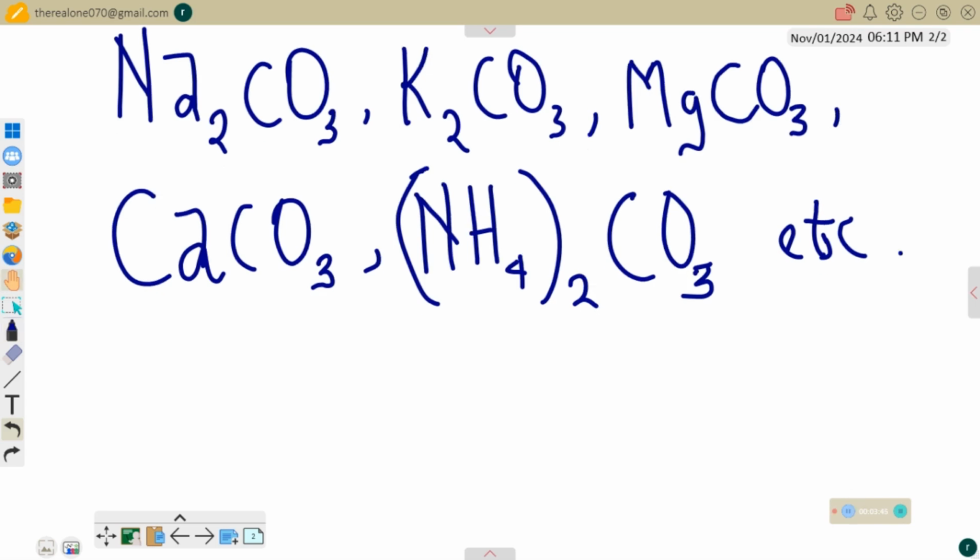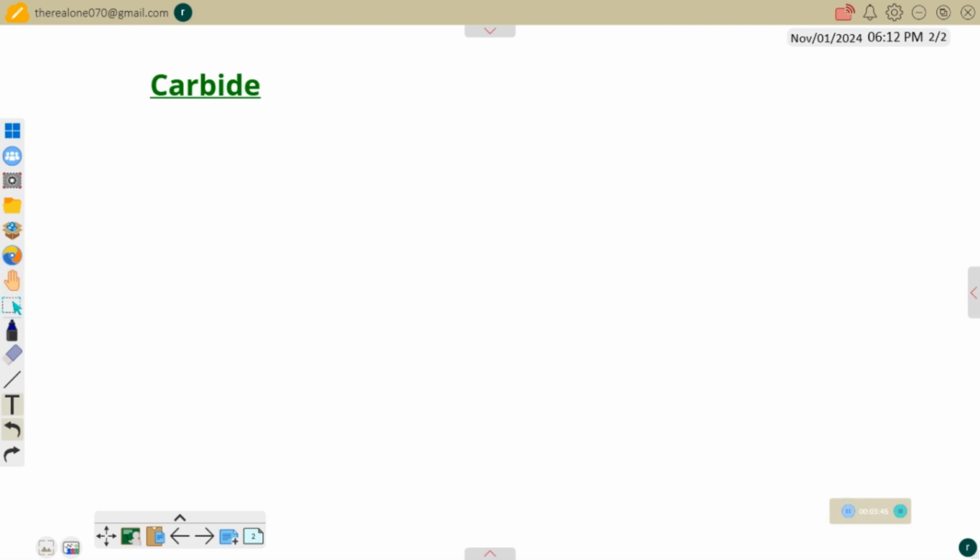So let us consider carbides. Now, carbides are those compounds that are formed when carbon combines with either a metal or a metalloid. So it can be a metallic carbide or a semi-metallic carbide. But all in all, carbon is always the second element. So it means carbides are always binary compounds, that is, compounds that are made up of two elements. But carbon always comes second in the combination.